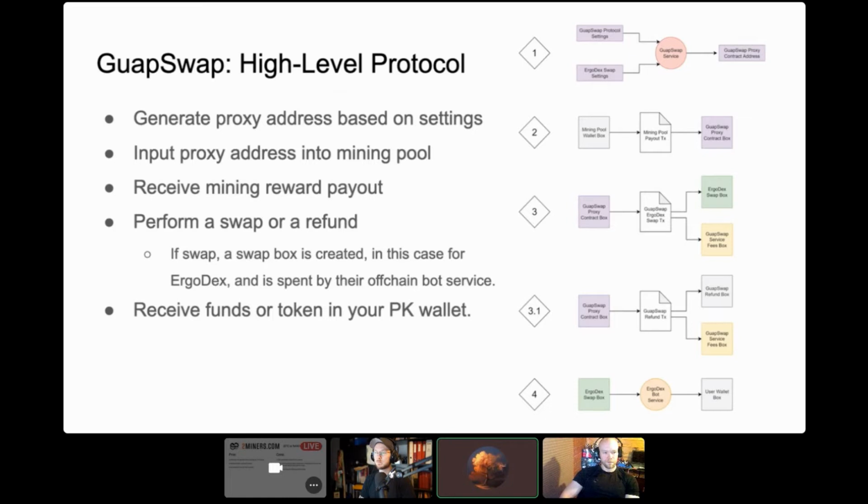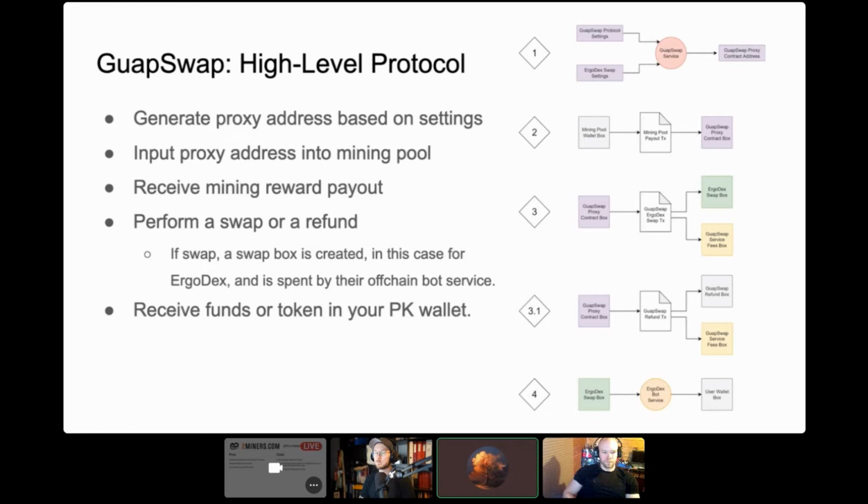So the first step, you'd want to fill out the config file where you'd input all the necessary settings for using GuapSwap, as well as the Ergodex settings, which would include things like the token you want to swap your mining rewards for. Once this config file is properly filled out, you would use the command line interface to generate a proxy address. So this proxy address is what you would use instead of your public key with whatever mining